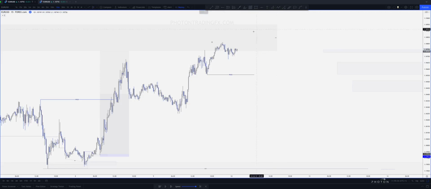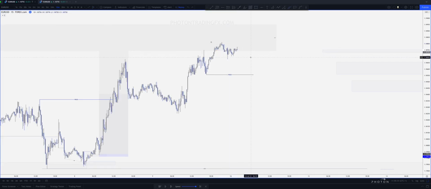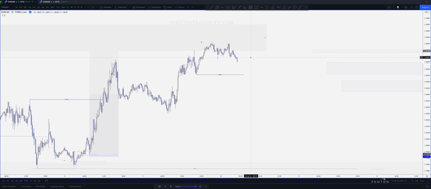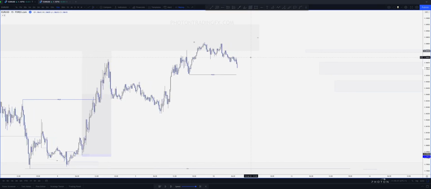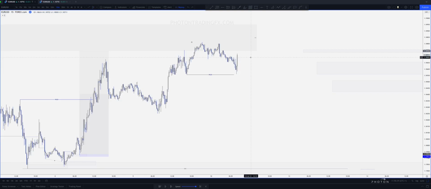So we are starting to get changes of character here. So yes, it is definitely more than valid to start looking for shorts within here, okay? Let's just play this forward a bit more. So at this point, right, what I can now see, okay, so we still haven't taken out the low. If I just zoom in,